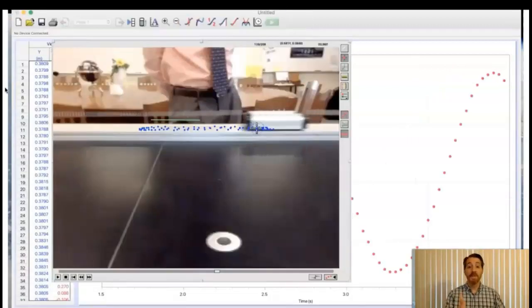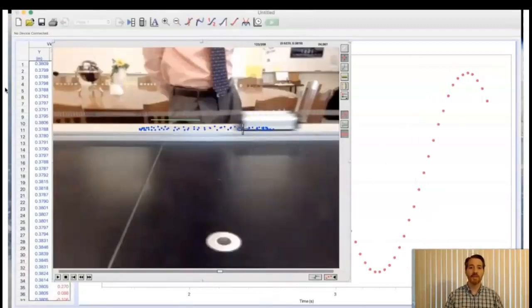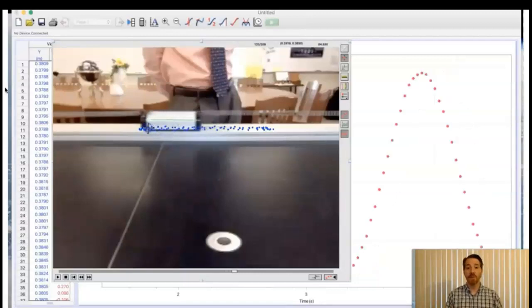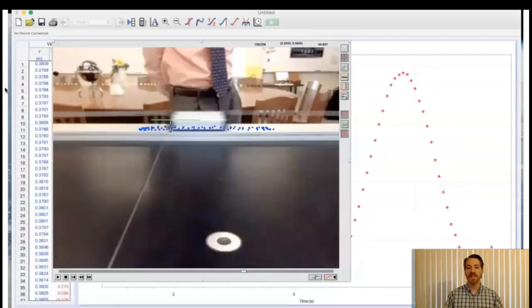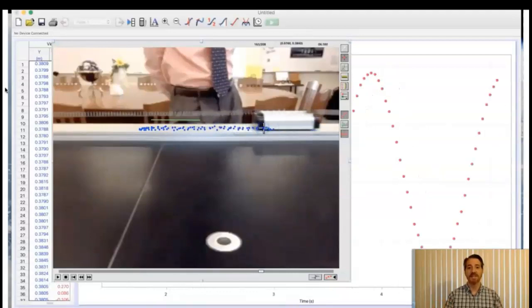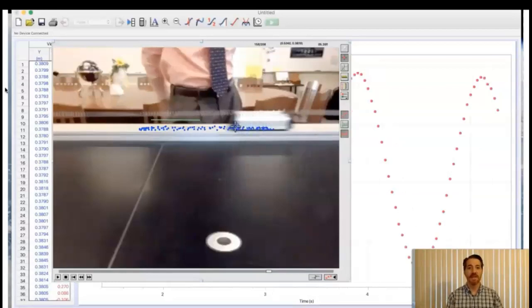Okay, so now on the video, you can see all those little blue dots. Those little blue dots are all the positions that the cart has been in over a period of time. So you can see it's not displacing very far. It's just continuing to move back and forth through this one little area. And you should be able to see the density of the dots is a little bit heavier on the ends and a little bit thinner in the middle, meaning that on the end it travels less and less distance, which is obvious if you watch the video because the cart slows down on the end and moves fast through the